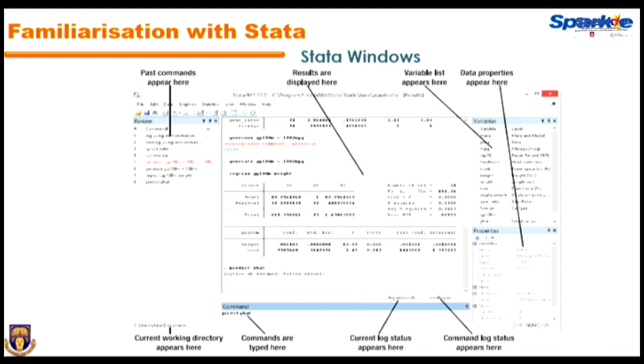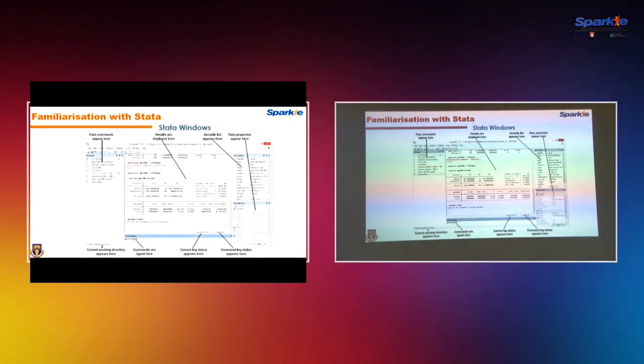This window is where you see your variables. You see the name of the variable, and you also see the label of the variable. It's important that we know the difference between the name of a variable and the label of a variable. I can say, you know, in your questionnaires,